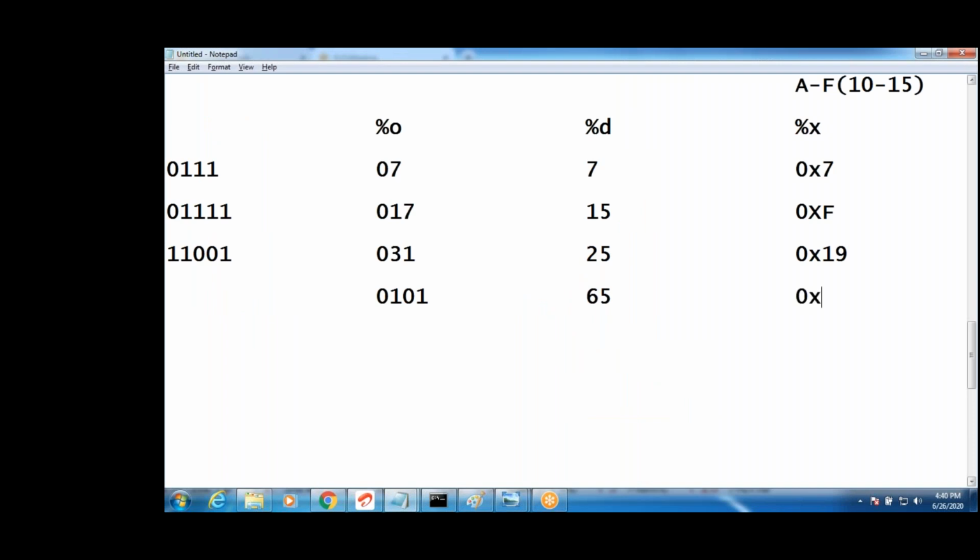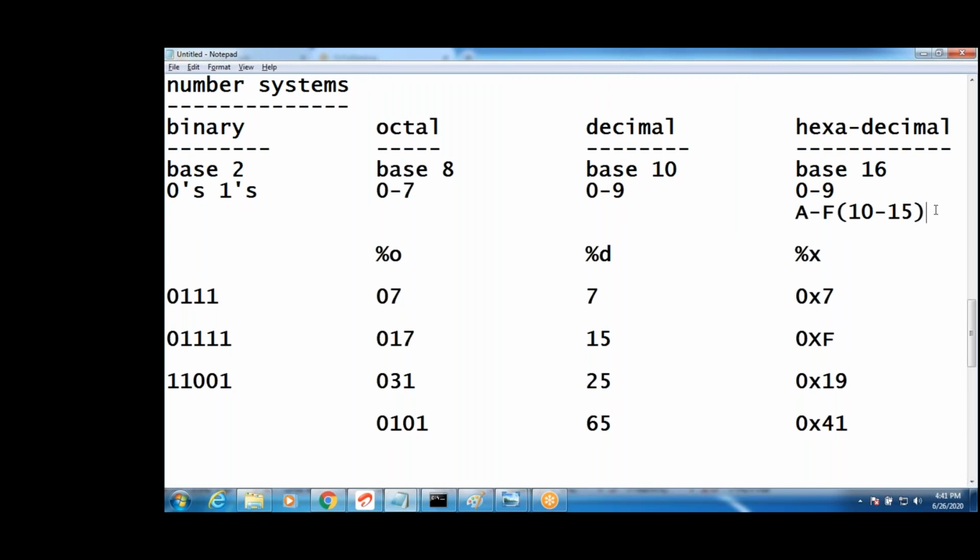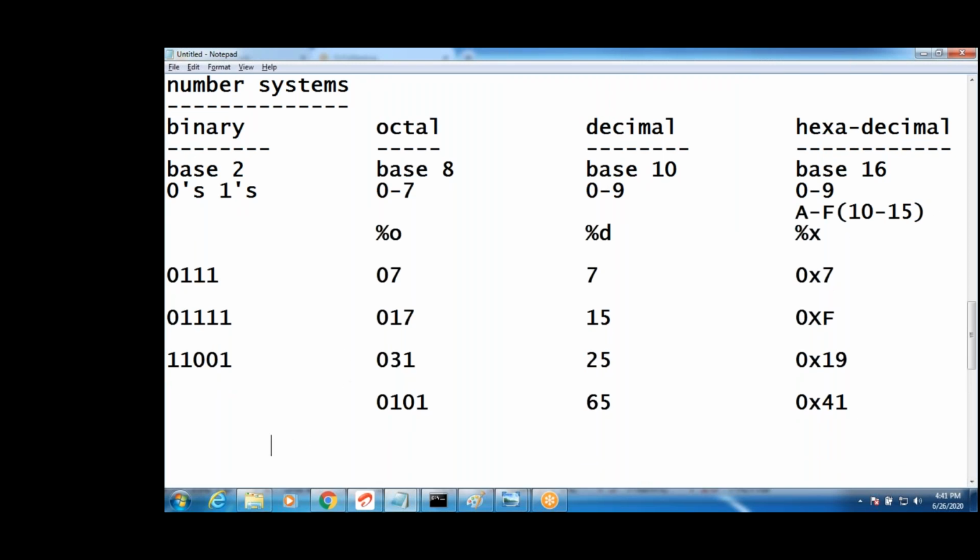Clear, guys? These are hexadecimal, decimal, and octal formats. But in octal format how to write, in hexadecimal format how to write, guys? In the program, can I write directly? In input, in the program we write like this. Input 031 we write, but in output it won't display 031, it displays only 31. Hexadecimal is also the same. Input we write 0x41 or 0x19, but output, what does it generate? Output displays 19.